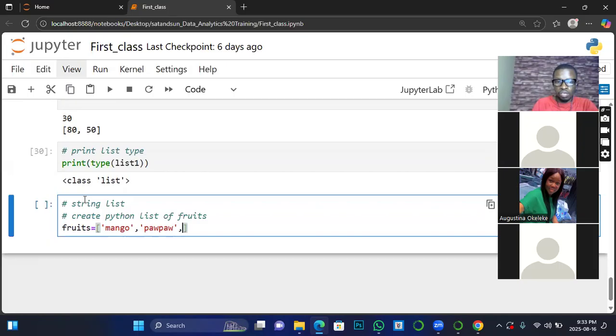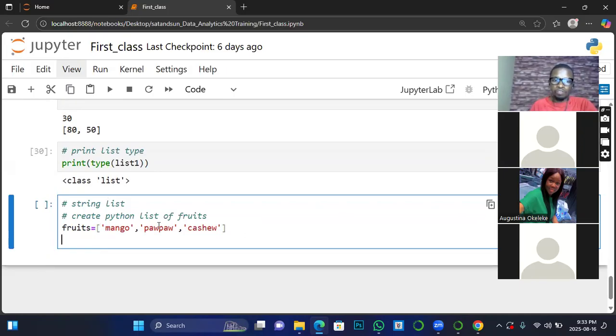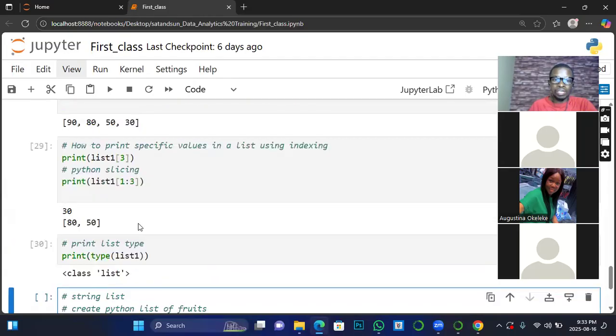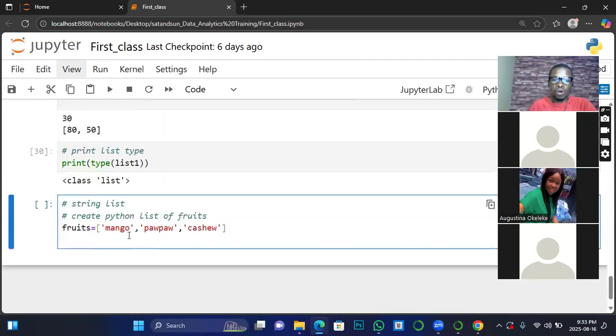The next one, let's say cashew. Now the difference between this list and the other list is that the other one is a number list, while this is a string list. So if I print and pass the name,